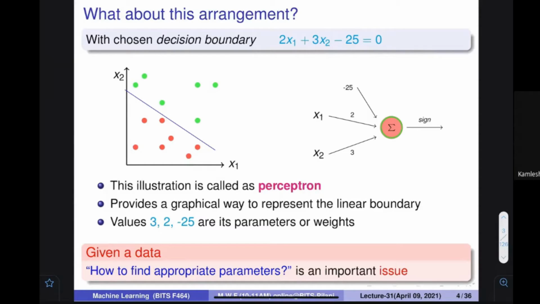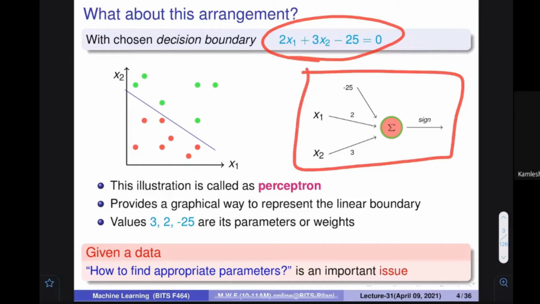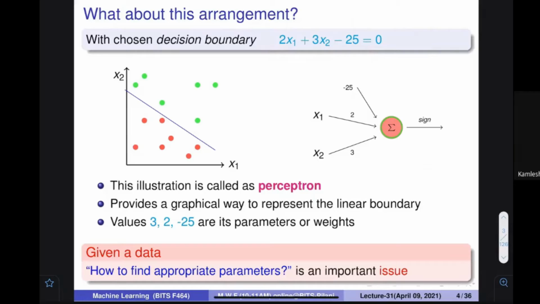So we can think that the first value is multiplied by some weight, the second value is multiplied by some weight, and the third value is actually added, and we can think that it is multiplied by 1 also. If we assume it this way, then we can represent this particular equation using this pictorial representation. This was clear to everybody in the last class. In case you have any questions, please let me know. This equation can be represented by this pictorial representation, and this representation is called the perceptron.